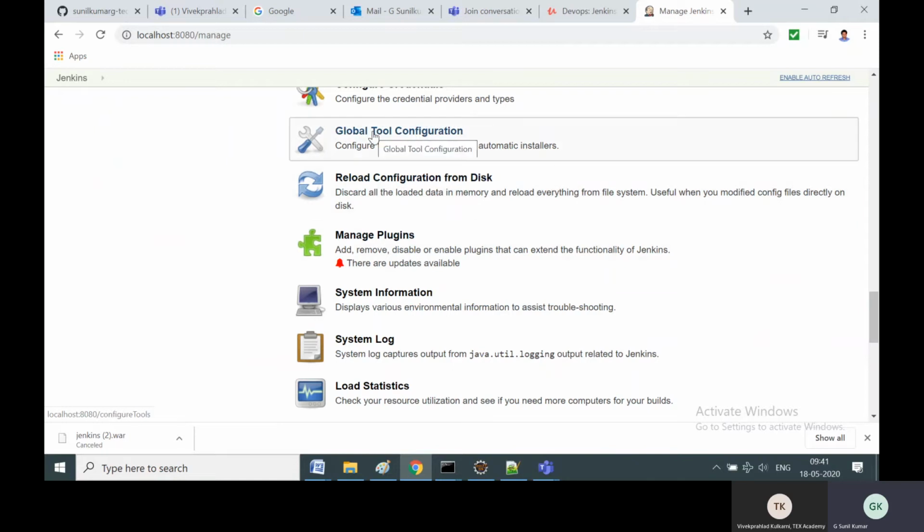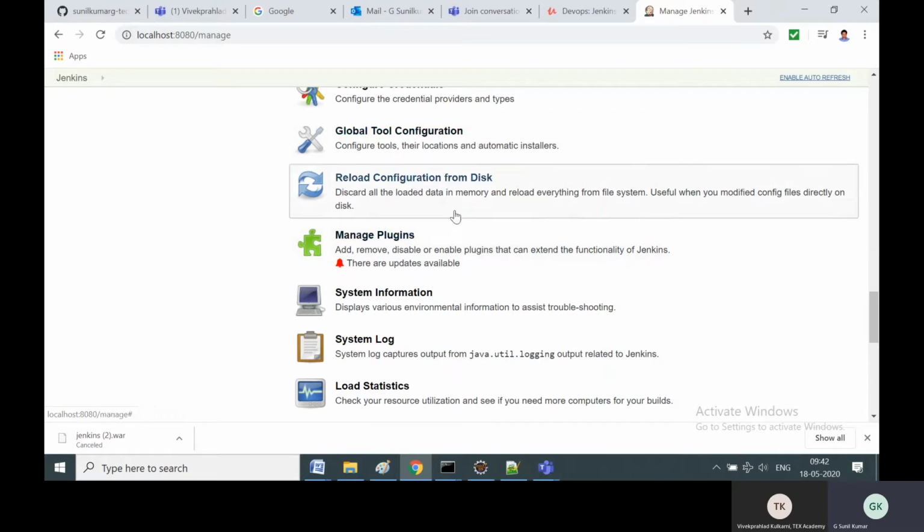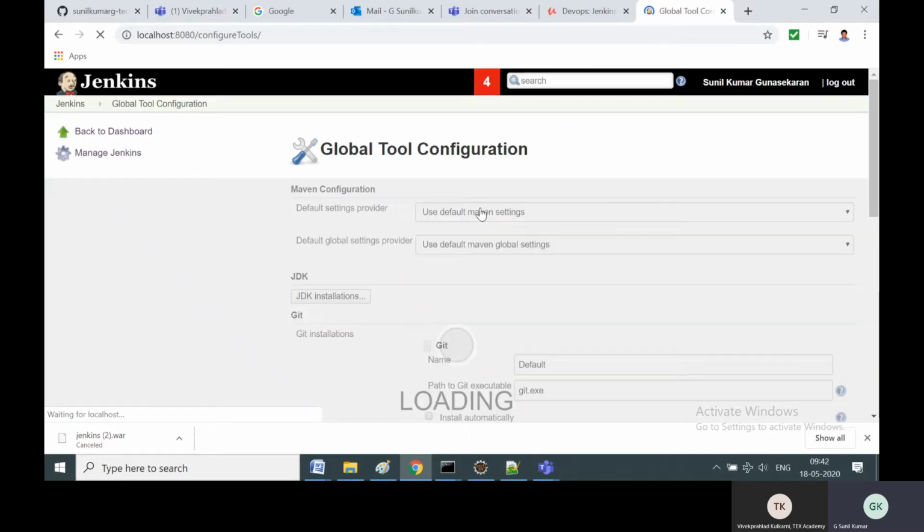In order for your Jenkins job to work, we require the Git plugin, Maven plugin, and Allure, or any reporting plugin, and if you are using pipeline, it should be the pipeline plugin. Only when you install that plugin will those options come. I'll show you in detail how to install the plugins in just another 5-10 minutes. But for now, in global tool configuration, we have to configure the location of Java, Maven, and Allure report. Unless Jenkins knows where your Java and Maven are located, it's unable to execute your job.